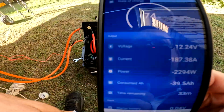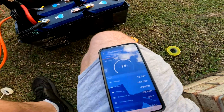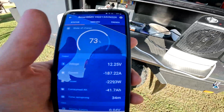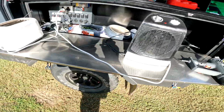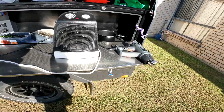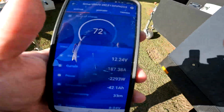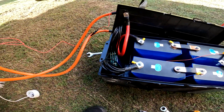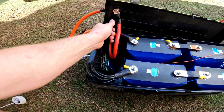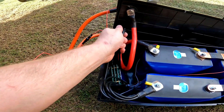Voltage sag isn't that bad. Should be a quick test though. Swapped over to the heater. They draw the same amount. And the heater's nowhere near as noisy as the heat gun, so I'll leave that running. So yeah, at 190 amps, I really well and truly think these cables that come off the BMS,